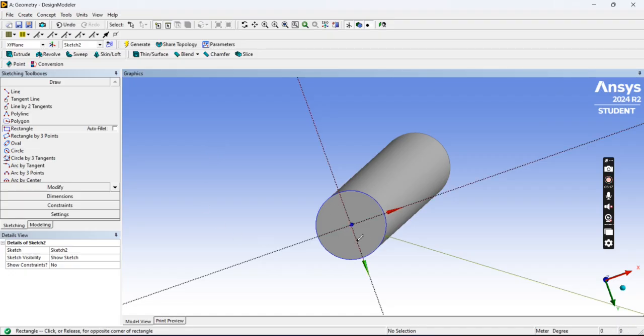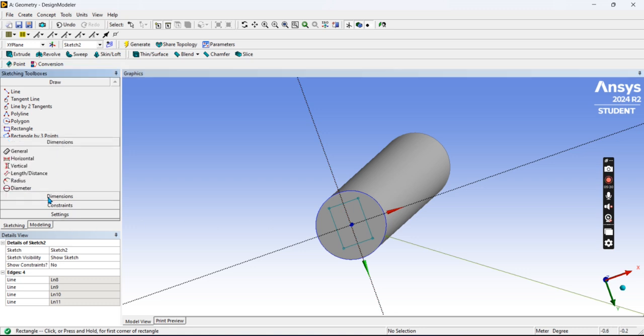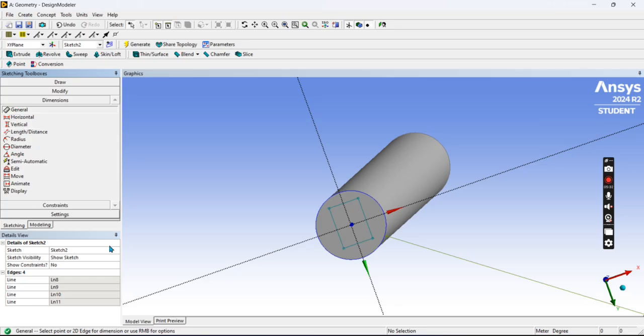Now create a rectangle here like this. All right. Now we have to make a square out of this rectangle. So we have to give the dimensions for this rectangle, right? So go to the dimension sections and go to general section. Okay, so click here